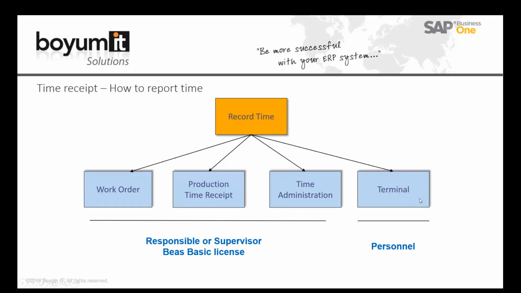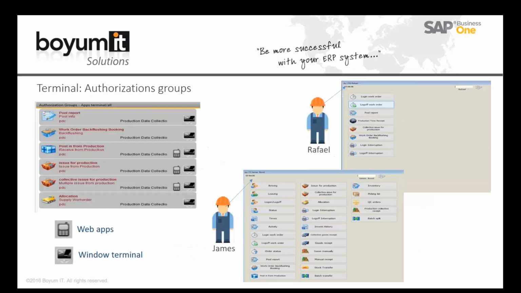Sometimes we can allow the operators to report the time directly from the shop floor. In this case, we can provide a terminal in the factory, probably at the end of each production line, and the operator can provide this time directly. When we do it using the terminal, each operator can see several applications on the terminal. The terminal is not only for time receipt, it's also